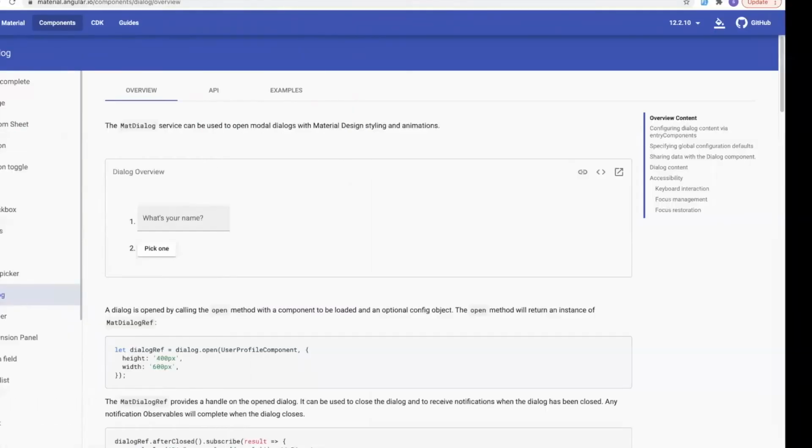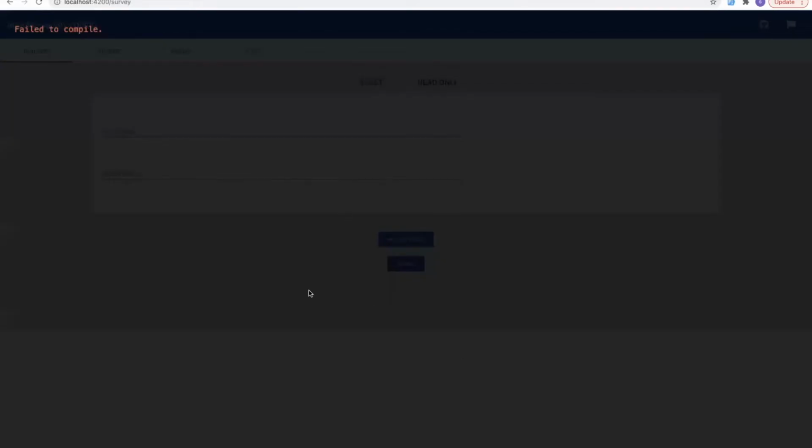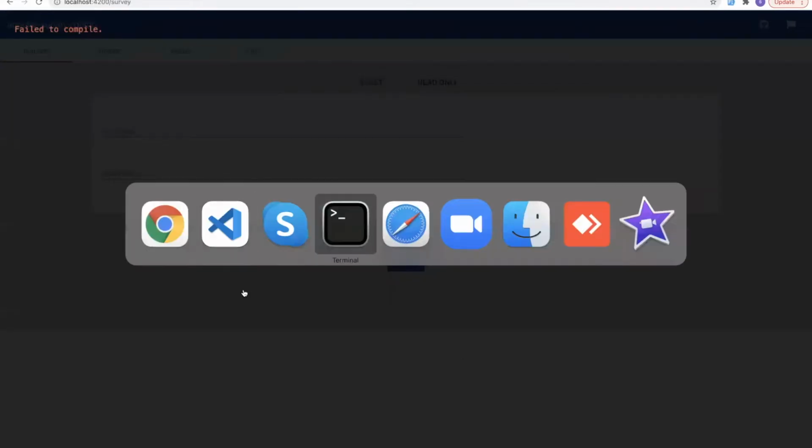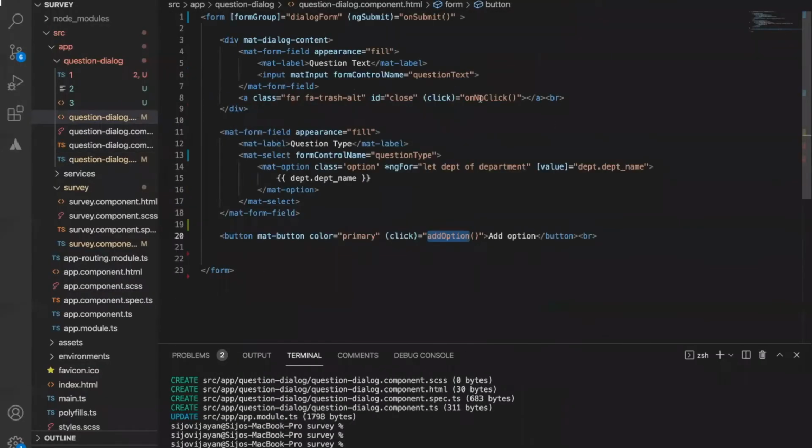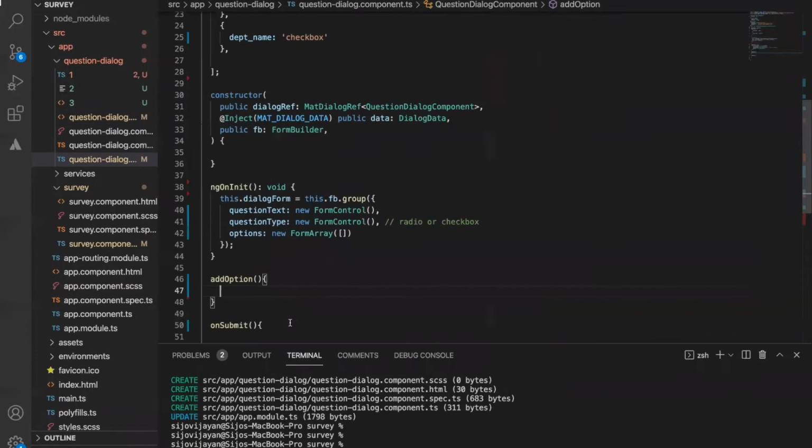Now let's just run this application. Here we have some errors. This one is not defined, so I will define another function.